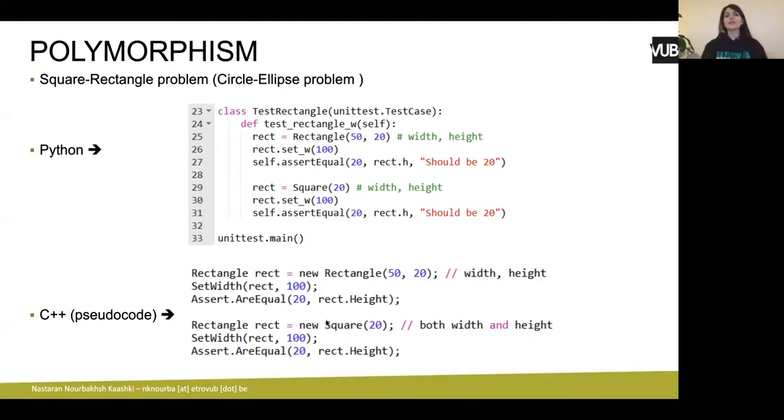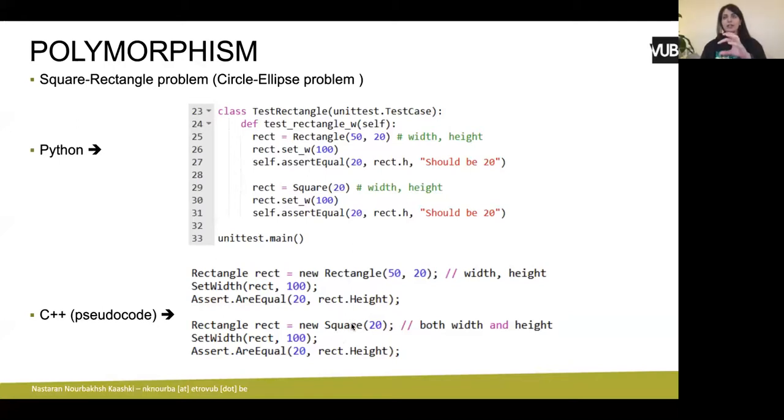Since you do not have this thing for your variables in Python, and all the variables can be assigned together, you cannot see with your eyes that a polymorphism is happening here. But in fact, you have it already. You can have a variable of type of the parent, but inside that you can have a child because you have reference to all of that. So in this case, for this example, it might be clear for you